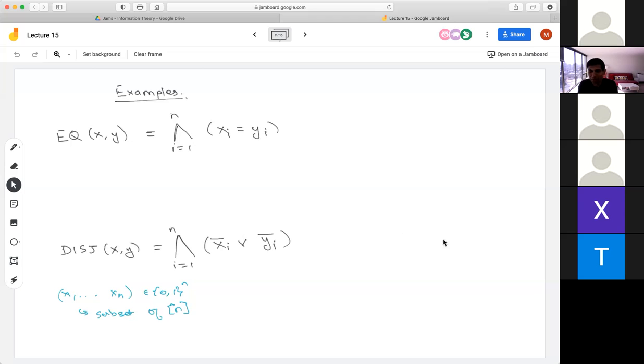You don't have to prove it, but just if you have a guess. It should be hard, like n, like order n. Okay. I mean, intuitively, it seems like, yeah, for equality,